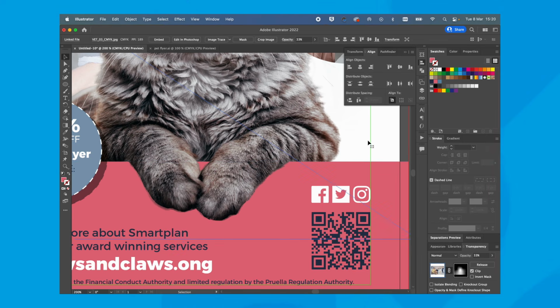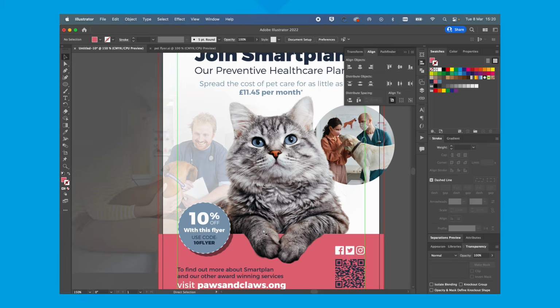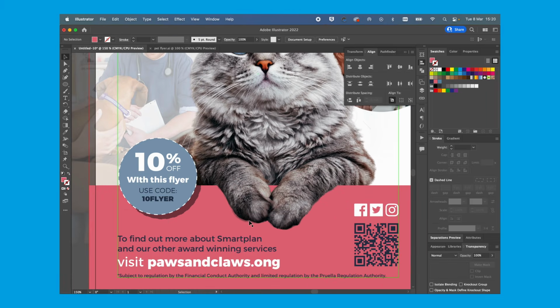That's good. And I think the last thing I want to do is, where the cat's cut out, I think it just looks a little bit harsh, a little bit cut out, so I just want to add a little bit of shadow there, so the cat is really part of the design. The way I'm going to do that